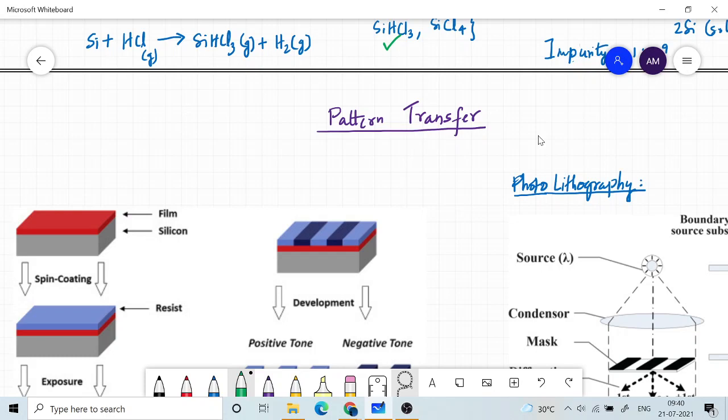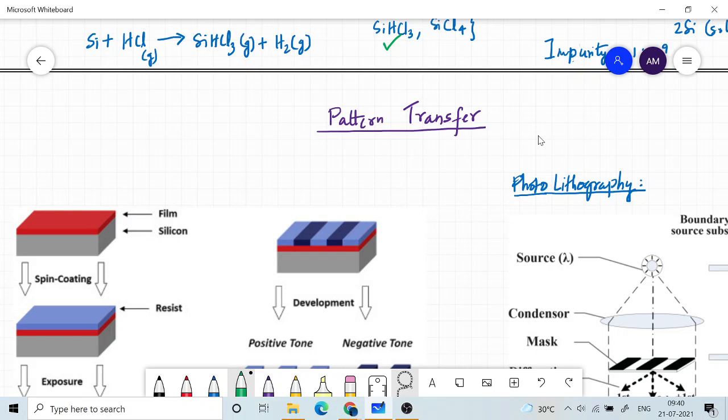So one of the most important, most deciding process steps is the pattern transfer. Transferring the layout pattern that you draw in software into the chip. That is what we call pattern transfer. Using software tools, we create patterns, and you remember we created the CMOS inverter pattern, and we